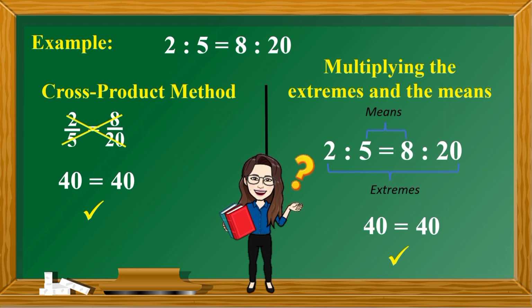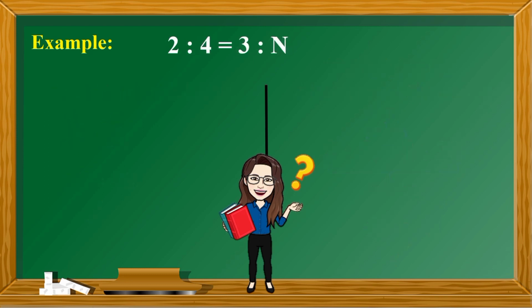Let's take another example. Example number 2. 2:4 is equals to 3:n. This time, in a given example, one term is missing. The problem can be solved either by using cross-multiplication or by multiplying the extremes and the means. Let's have first the